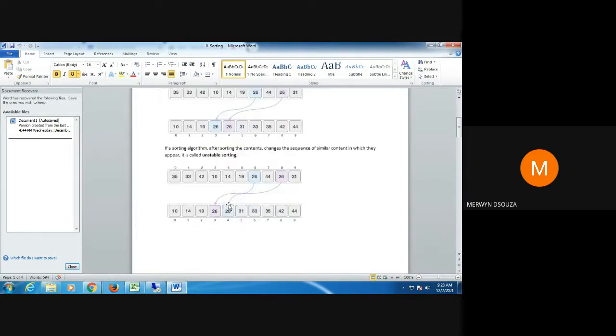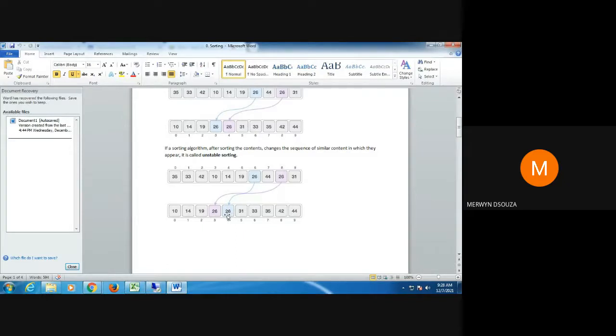But suppose we sort the same data and get the same output, as you can check here, but the blue 26 has come after the pink 26, although the numbers are the same. This is just an example for you to understand.